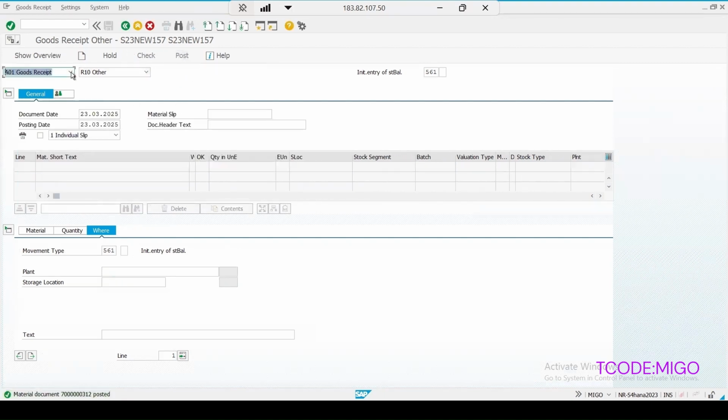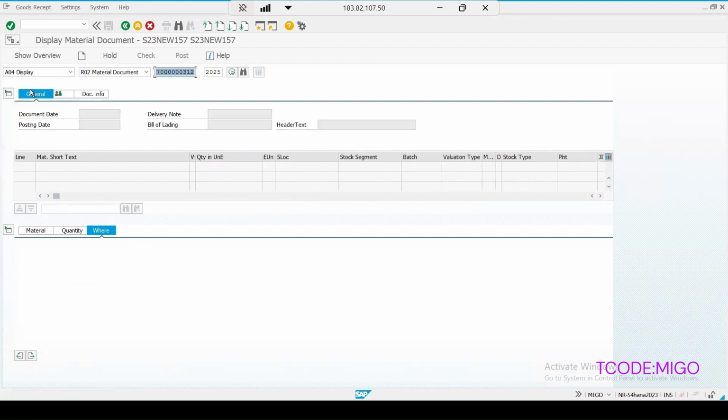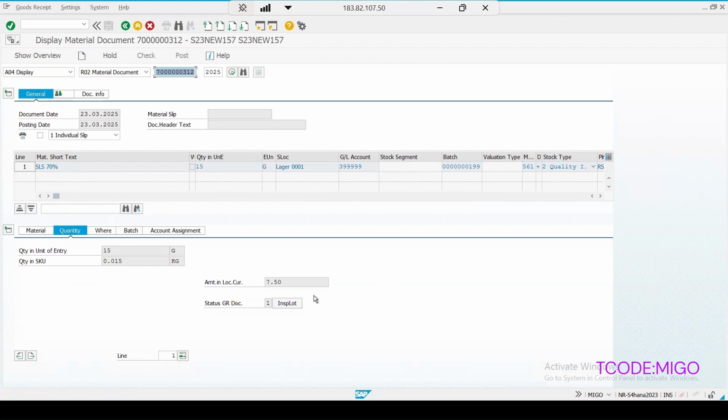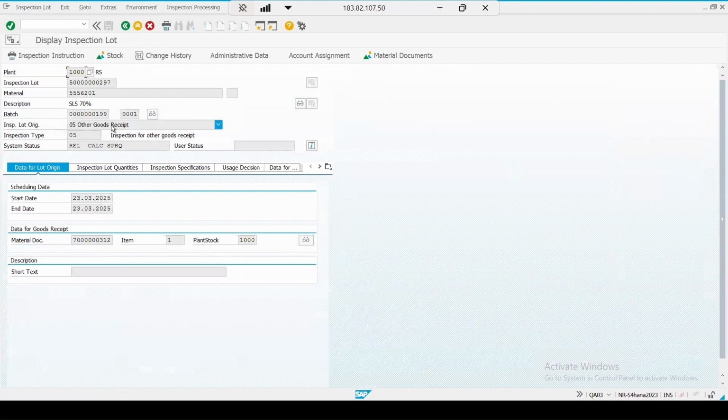So now again, if we go to the display mode of it, enter, here you can see stock type again is in quality, and if we check the quantity, the lot has been triggered, and if we click on inspection lot, the lot has been created with the origin 5.